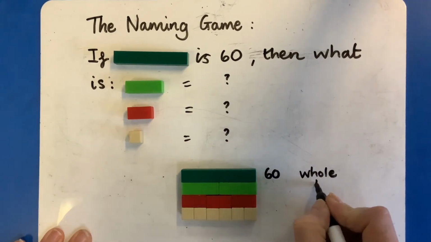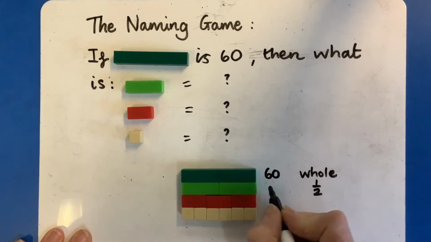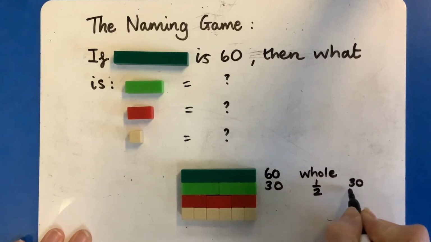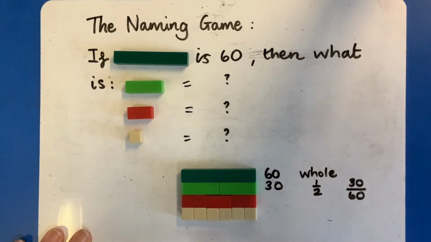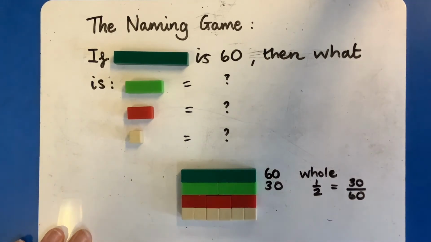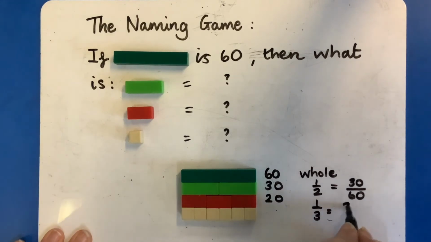We have 2 light greens, so that's our half. That's worth 30 each. 30 out of 60. Our red, well, we've got 3 of those, so that's 1/3, 2/3, 3/3. So I need to divide 60 by 3. So each one of those is worth 20. So 1/3 is 20